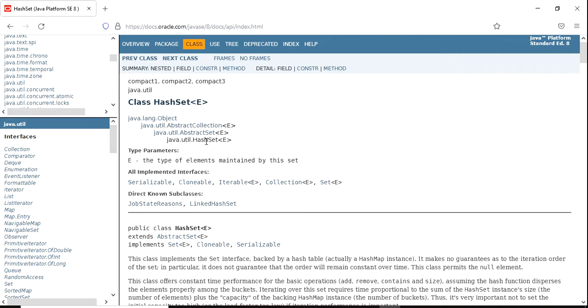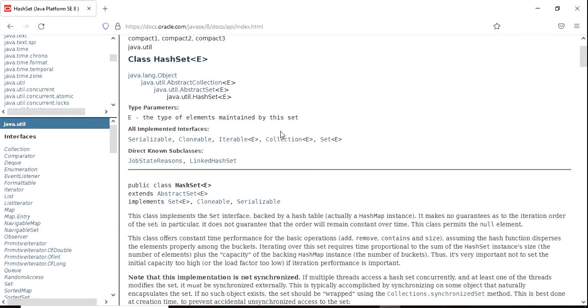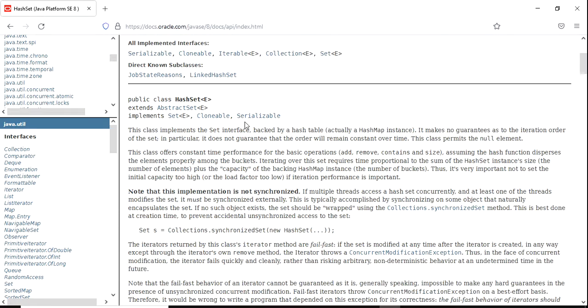Hash set is an implementation of set. It is declared as public class HashSet, extends AbstractSet, implements Set, Cloneable and Serializable. It is an implementation of the set interface, and it uses a hash table inside.